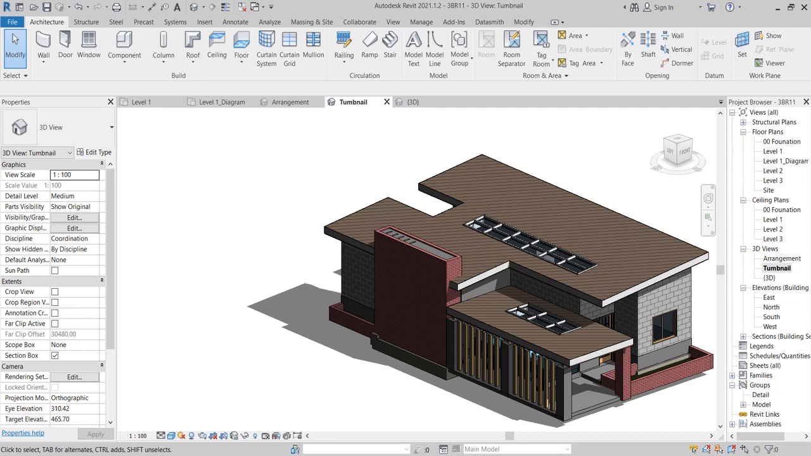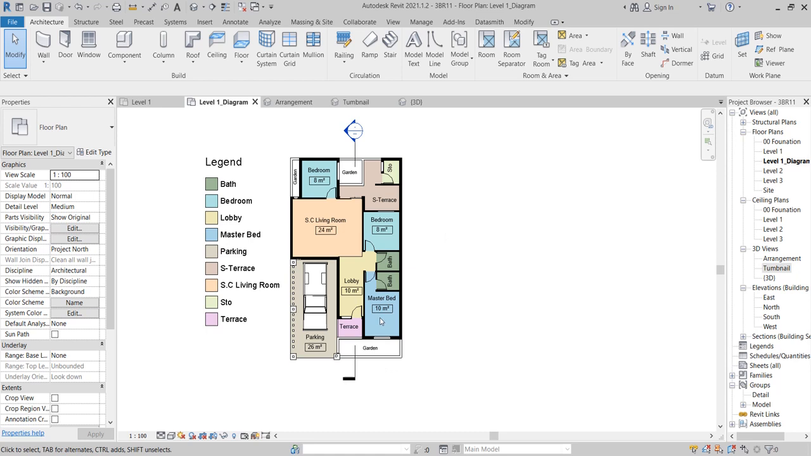Okay, let's now start with the program. Let's use this diagram here. This house has 3 bedrooms with 2 baths, and a self-contained living room. By the self-contained living room, I mean the kitchen, the dining, and the sitting area. Then you have the parking, the lobby, then you have the service terrace, which contains the drying area and laundry, and then you have the storage. Lastly, we have the strategic placement of gardens